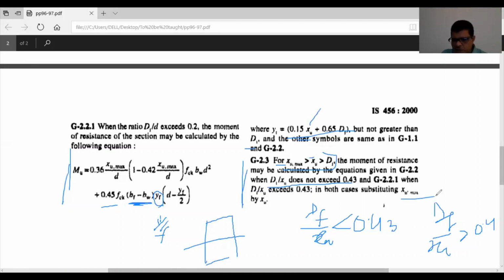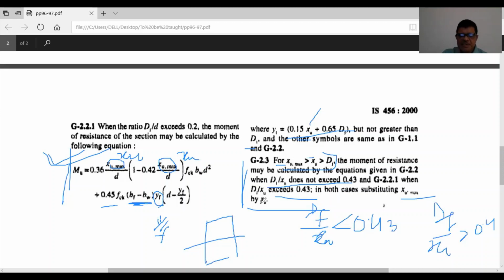Only substitute xu max by xu. So suppose Df by xu exceeds 0.43, then you have to use this formula, and here in place of xu max, you put simply xu. Wherever there is xu max, put the value of xu and calculate the